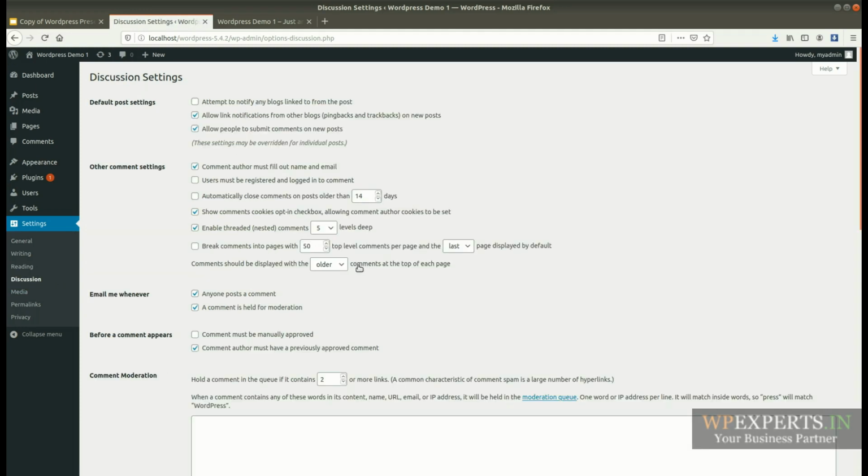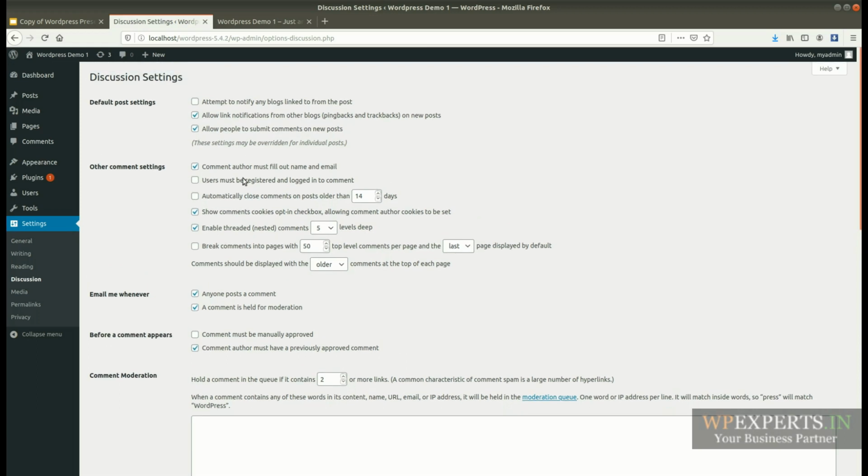Let me move on to discussion. These settings are related to your post comment box. If you are going to allow users to comment on your blog posts, in that case you can manage the settings from here. Like if you want to attempt to notify blogs linked to, allow link notifications from other blogs, and allow people to submit comments on new posts.